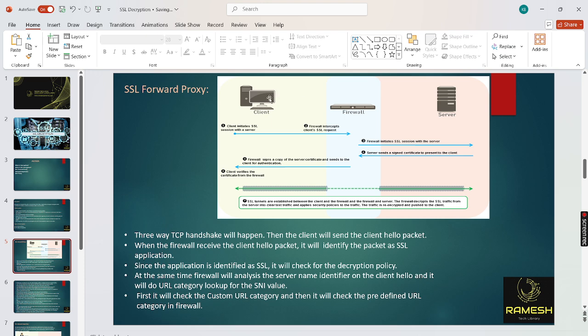Okay, and we can allow the traffic between the client and server. Once the traffic reaches the firewall, it will check the decryption policy whether this traffic needs to be decrypted or not. If the firewall is not configured to decrypt the traffic, it won't decrypt, it will send it without decryption. Or if there is any security rule that wants to drop the traffic,